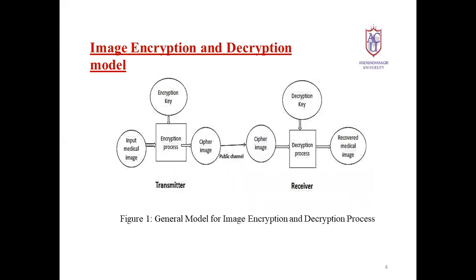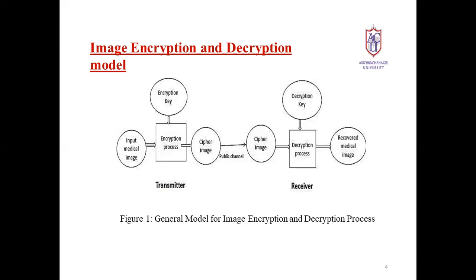This is the general model for the image encryption and decryption process. Here we consider the input medical image, which is given to the encryption algorithm. The encryption technique works and is controlled by the encryption key. The encrypted image is called the cipher image. This cipher image will be transmitted through the public channel. Then, by applying the decryption process, the intended receiver will recover the original medical image by using the decryption key. Here the encryption key and the decryption key are both the same, and this is called a private encryption technique, that is,